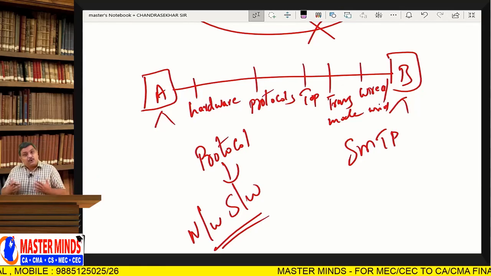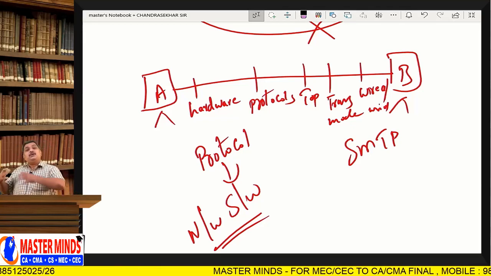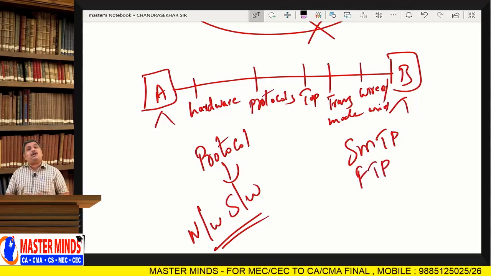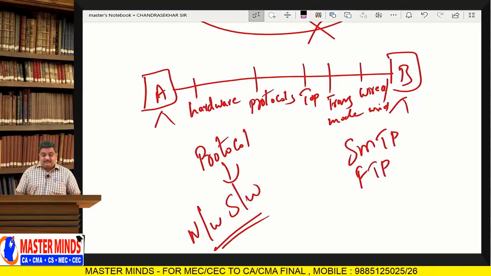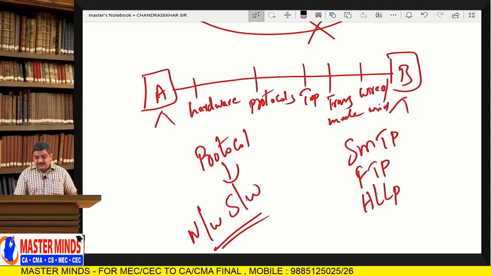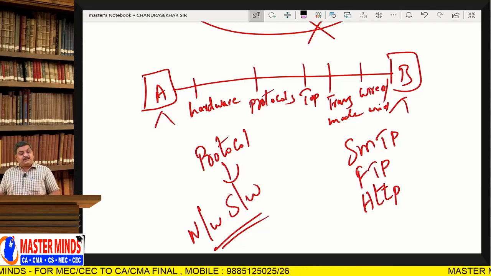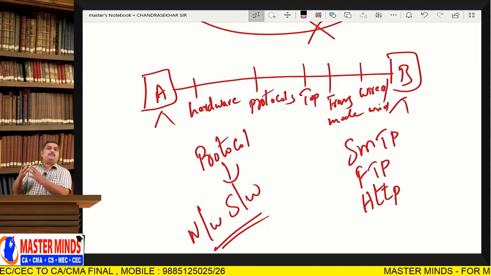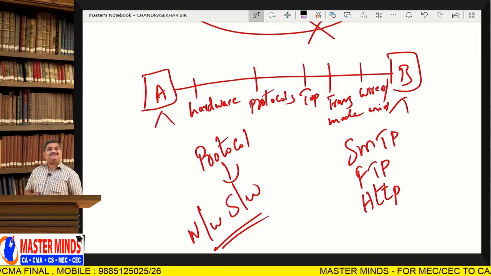For that, you have to write a program, and only by following that procedure can you download the files. That is called FTP, File Transfer Protocol. And how to load a website into your computer? For that, I have written a process, a program that is called HTTP, Hypertext Transfer Protocol. So likewise in a network, for everything there will be a protocol, and that protocol has to be followed. That is the most important thing.